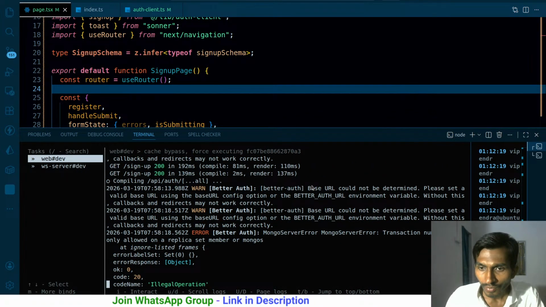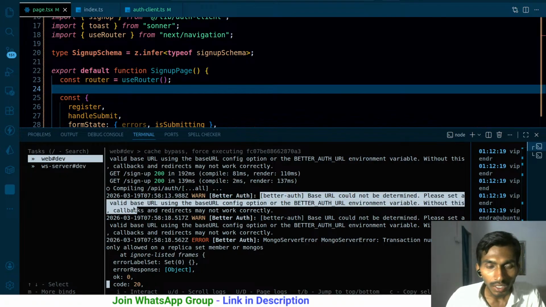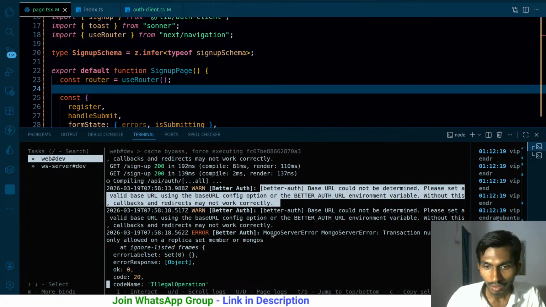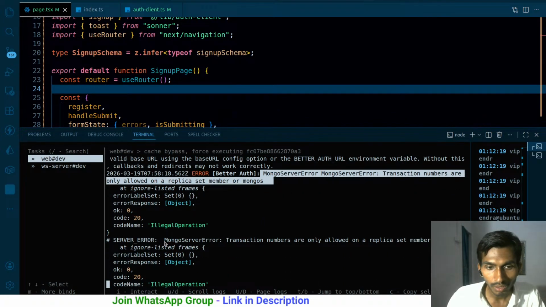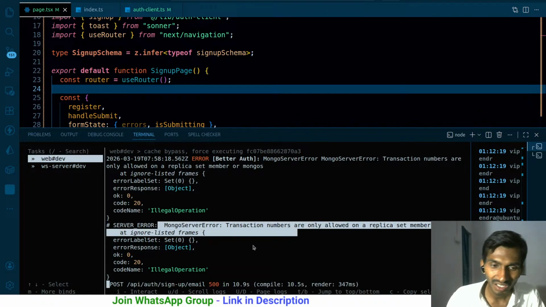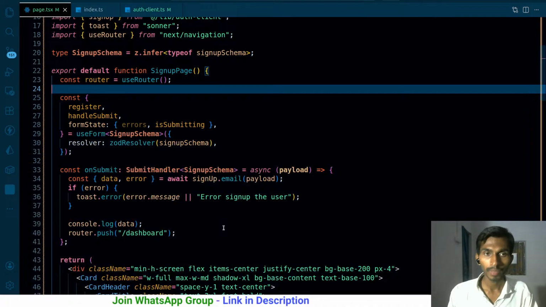So base URL. Better Auth base URL could not be determined. Please set a valid base URL using the baseURL config option or Better Auth environment variables. Without this, callbacks and redirects may not work correctly. Base URL. Mongo server transaction numbers are only allowed on a replica set member or mongos. Mongoose server transaction, illegal operation. First of all,